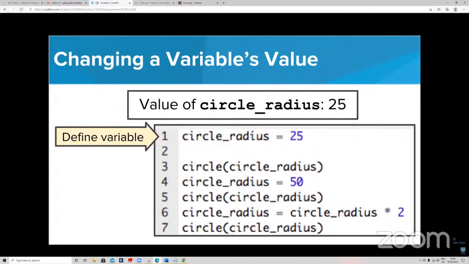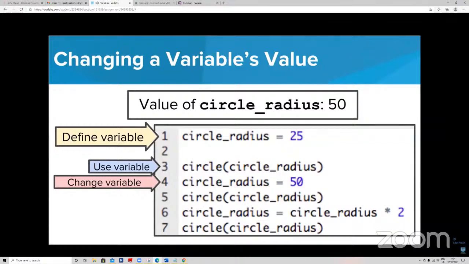At the beginning of this code, we created a variable called circle radius and set its value to 25. So when we use the variable in line 3 to draw a circle, it will have a radius of 25. After we've drawn this circle, we are changing the value of the circle radius variable to 50 on line 4. So when we use this variable to draw another circle on line 5, it will now have a radius of